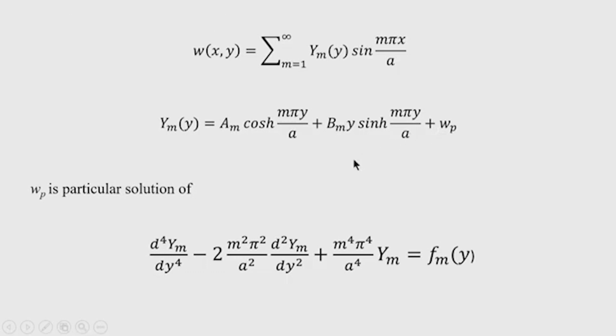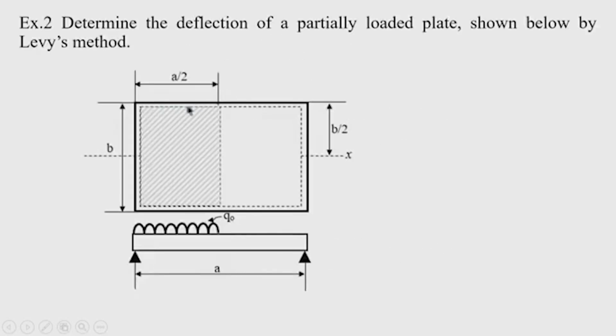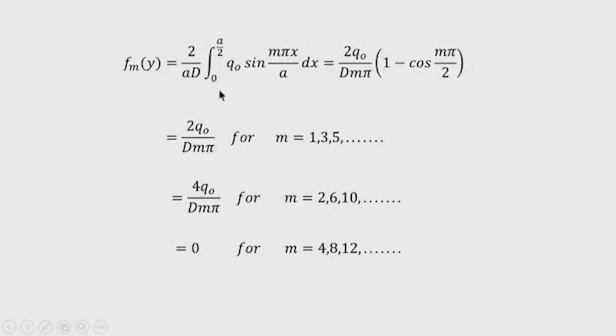Now, here the W p is obtained as the integral of 2 by a d into q naught sin m pi x by a dx, but the limit of the integral, you can see, because of the presence of the load up to the middle portion of the plate, the upper limit of the integral is changed to a by 2. So, putting this limit and evaluating the integral, we get this f m y is 2 q naught by d m pi into 1 minus cos m pi by 2,